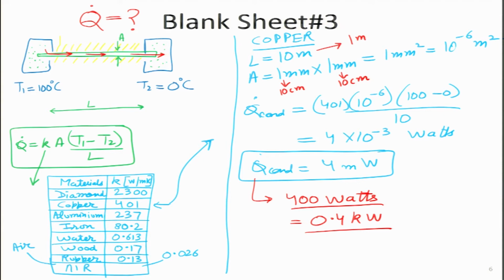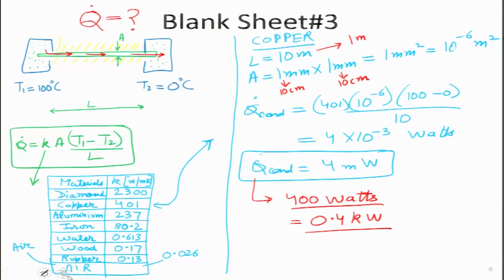So, we have seen that in that particular case, if the length is less and the area is large, we start to get very high rates of heat transfer. Very quickly, let us try and do it for another material. Let me pick another color, and I will do it very quickly over here, for wood, which is another case where intentionally we would not want to do it, but just for a hypothetical case, let us try and do that.